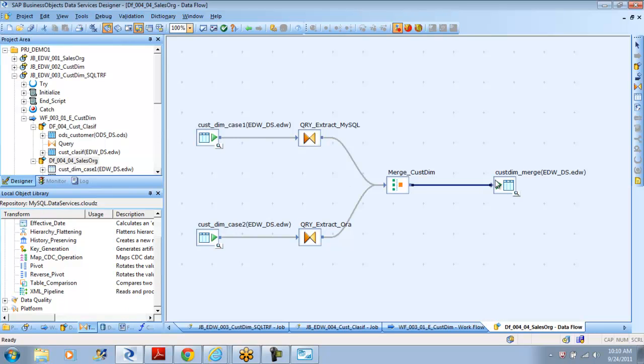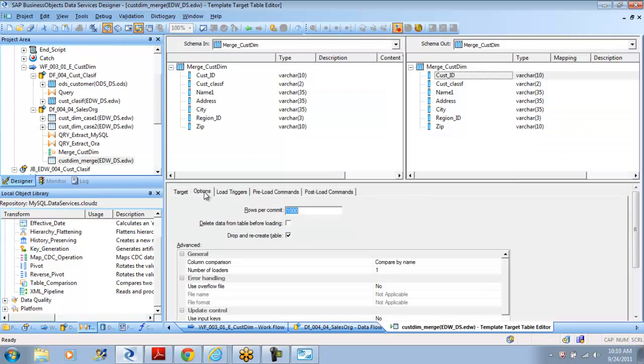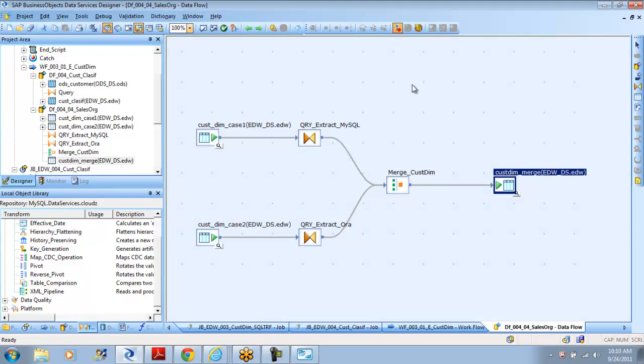There are certain performance tuning techniques which we will learn mostly next week, or tomorrow. I will show you some of the techniques we will be using. If you see, the commit size here is by default 1000. We have certain limitations, but we can increase it. We can also increase the number of loaders to achieve better performance. But you should know that you cannot directly merge a huge amount of data and expect Data Services to perform it easily. It is going to hang,